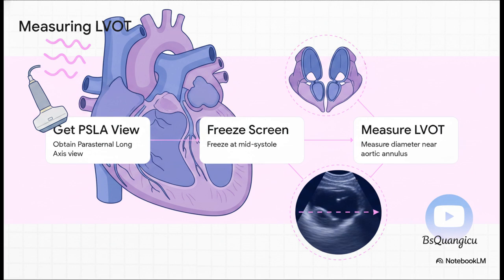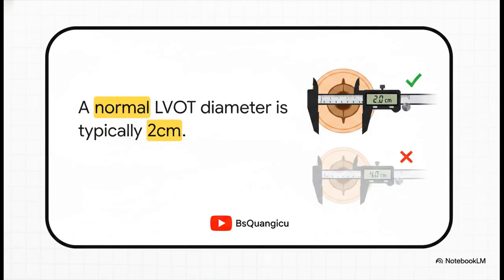It makes identifying the exact base of those leaflets so much easier and way more accurate. Now, what's really interesting here is this clinical rule of thumb. A normal LVOT diameter in your average adult is typically right around 2 centimeters. Keeping this benchmark from the text in the back of your head is just a great way to ground your